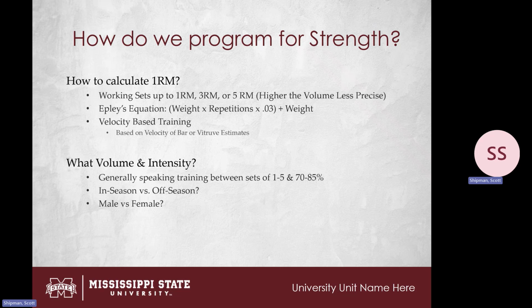And there are times where we are training at less than 70%, whether it's early on in the foundation block or if we're doing dynamic effort. Other factors that will affect volume and intensity are in-season versus off-season, and how many innings our athletes are playing. Every athlete's going to be on a little different program, dictated by injury history, the amount of innings they're playing, and things of that nature.